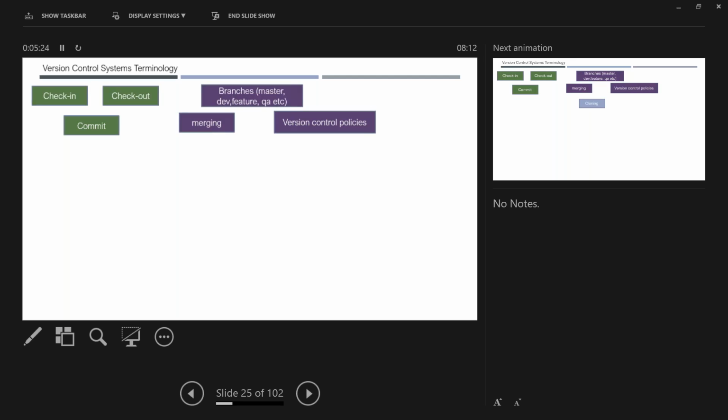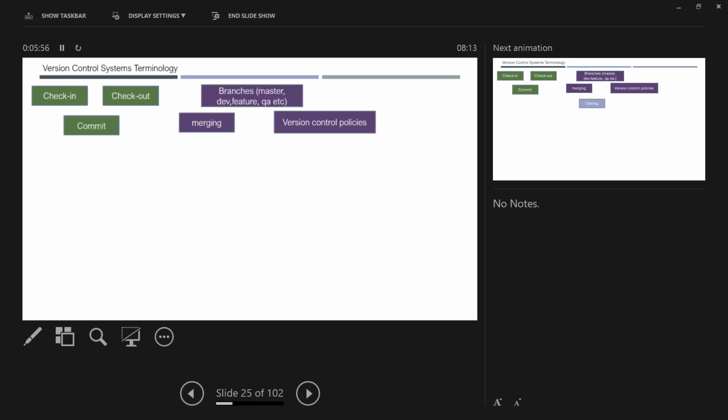And then merging means, in a project multiple developers will be working on, right? And on the same branch actually. So today I might have created some 10 lines of code on the same file. The other day some other person might have created another 15 lines of code. Maybe my 10 lines and his 15 lines might be having some conflicts, meaning I updated some line 13, and the other person also updated the same line 13 in the same code file. That means there is a conflict.